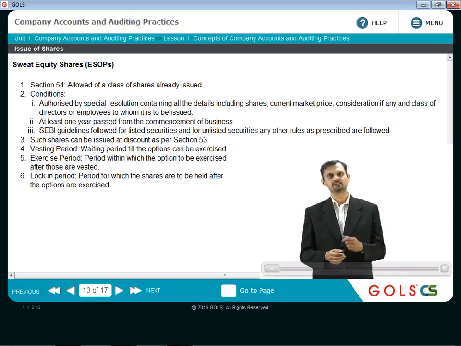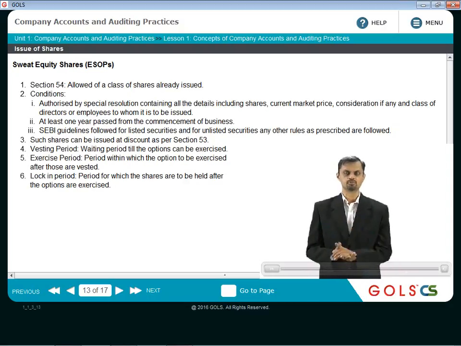And then, once assuming that the options are exercised by the shareholders, by the employees,